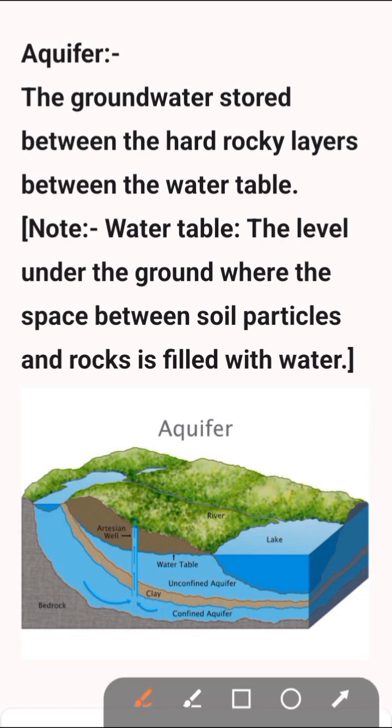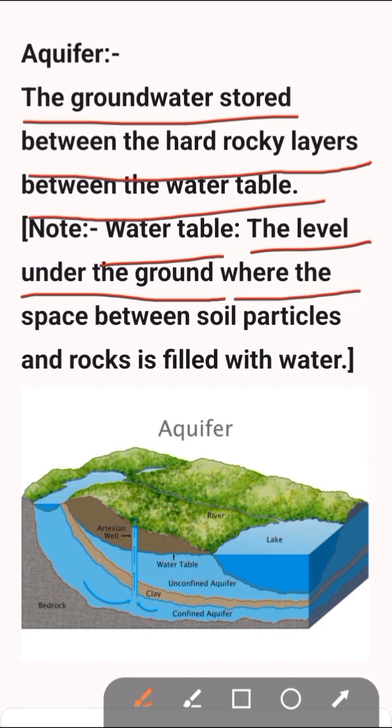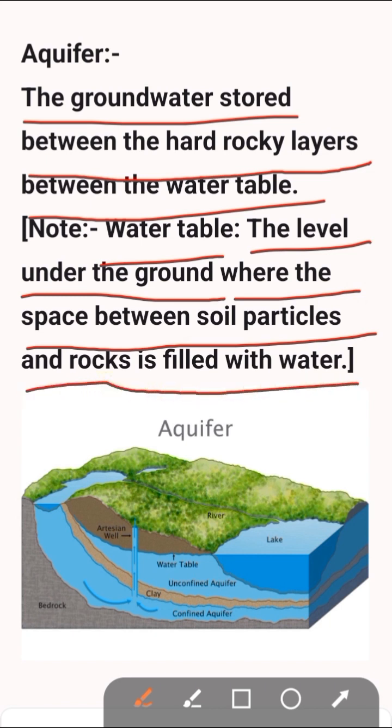now aquifer, the groundwater stored between the hard rocky layers between the water table. That is, water table, the level under the ground where the space between soil particles and rocks is filled with water. Okay, show the picture, explain aquifer. Okay,